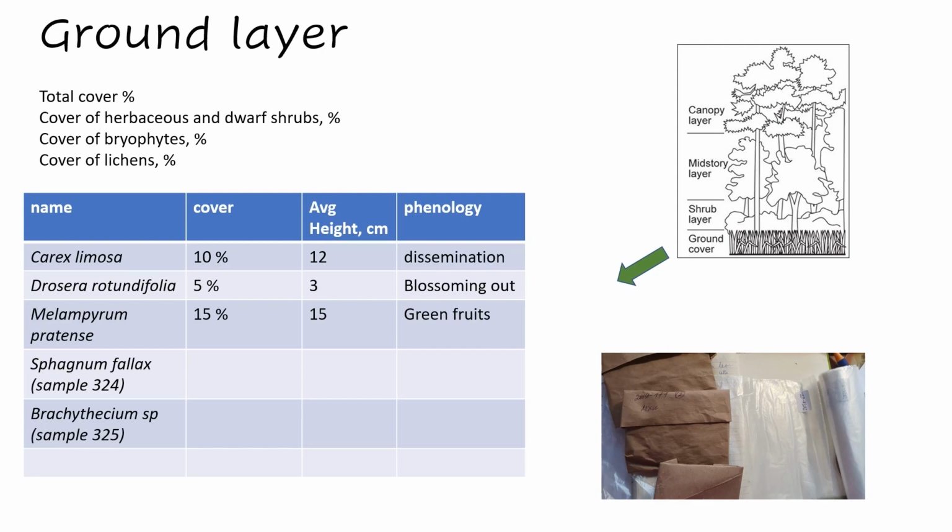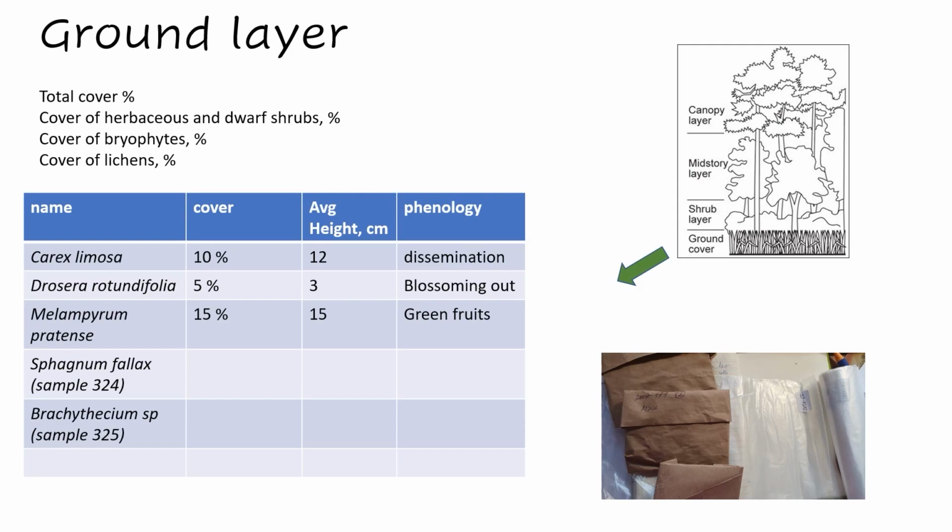Sometimes you can give them separate cover, and separately lichens. So for every group you give separate cover. So total cover, then cover within the groups, vascular plants, bryophytes, lichens, and then to every species cover, again height,